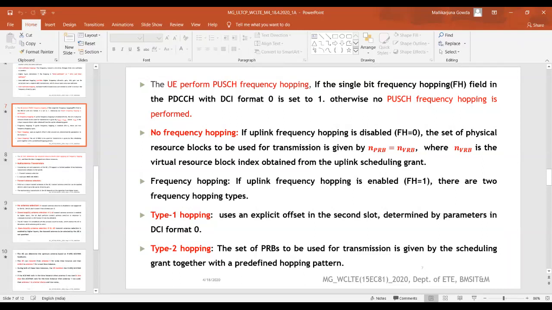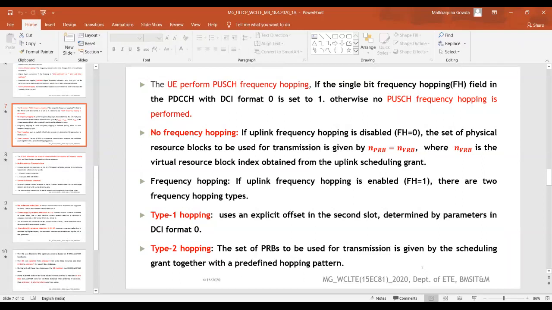When it is enabled, there are again two types of hopping: type 1 hopping and type 2 hopping. In case of type 1 hopping, it uses an explicit offset in the second slot, which is determined by the parameters in the DCI format 0. In case of type 2 hopping, the set of physical resource blocks to be used for transmission is given by the scheduling grant along with the predefined hopping pattern.